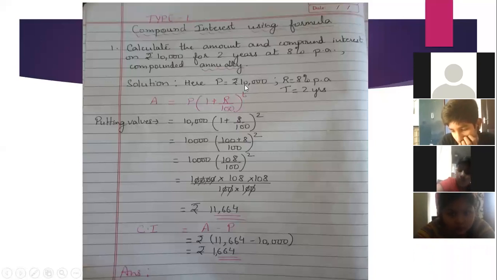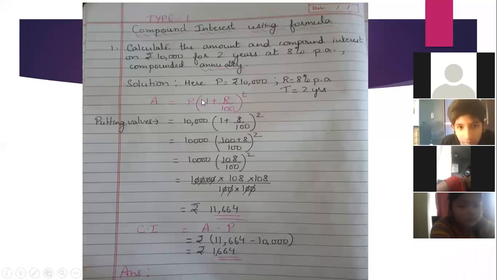So I'm going to simply just write. Now this is the way I want you all to do the answer. You will write the solution and then you will write all the given values in the question. Principal is equal to, rate is equal to, time is equal to. Then very important, which many of you miss out, is this portion which I have written with pink pen. A is equal to P into 1 plus R by 100 raised to the power T or N, whatever you feel correct. You can just write it, both are correct. After that, you will put the values. So first thing, write all the given values.